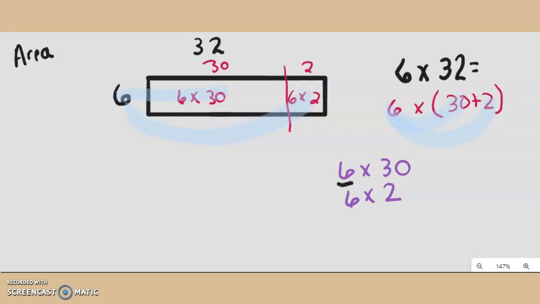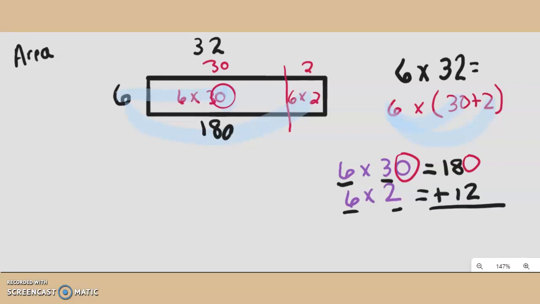6 times 3 is 18. So this is 18 right here. And then you're going to add the 0. You have to add the 0 behind here, okay? And that'll equal 180. You're going to just multiply 6 times 2 is 12, and then you're going to add